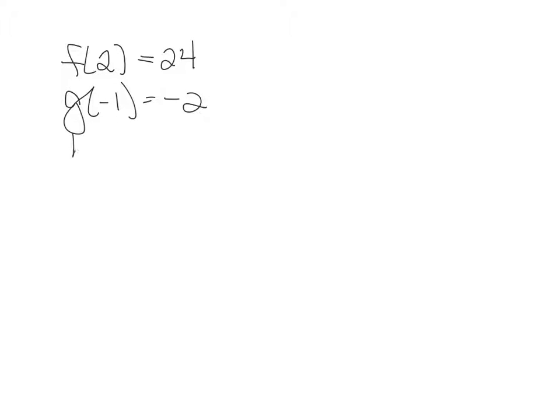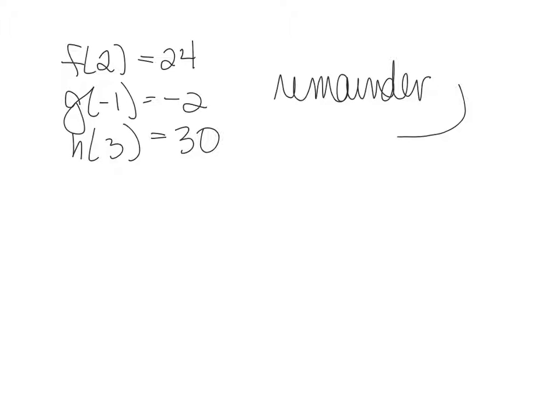Okay, discussion. So we did f of 2 and we got 24. We did g of -1 and we got -2. This is all on your paper in front of you. H of 3 and we got 30. We found the remainder when we did our division was the same as each function evaluated at that number, right? Stating it in more general terms,